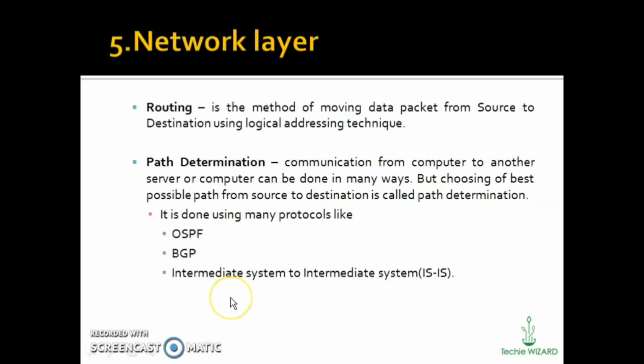Next is routing. Routing is the method of moving a data packet from the source to the destination using logical addressing techniques. Next is path determination. Communication from one computer to another computer or the server can be done in plenty of ways, but choosing the best possible path from source to destination is called path determination.